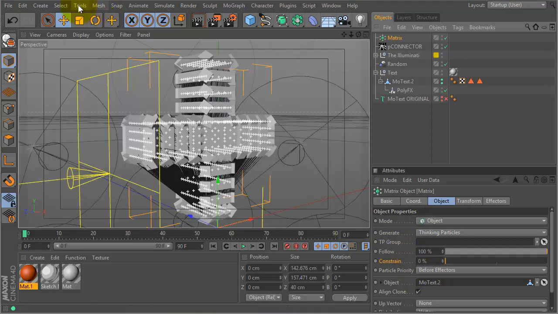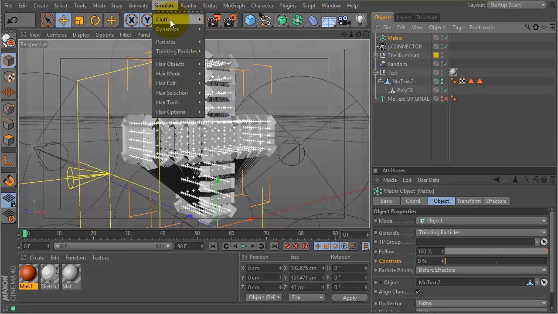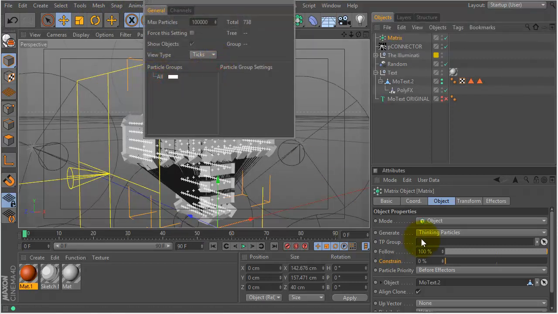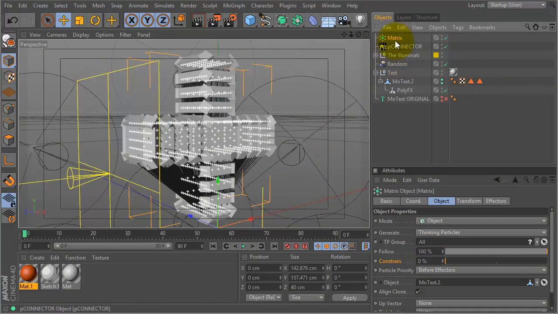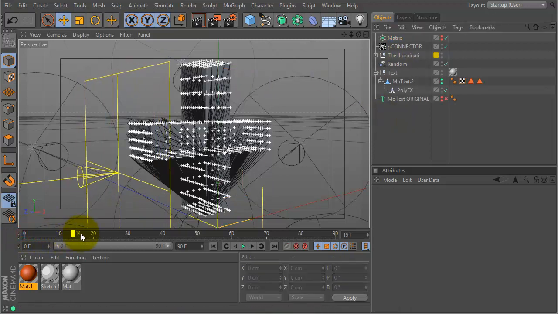So let's go up here to Tools. No. Where are we? Simulate. Thinking Particles. Thinking Particle Settings. All particles. Maybe. Let's try it again. All particles. Okay, and on the matrix, we want to leave it checked because we want it to be active, but we don't want to see it. So I'm going to hold down Alt and double click that to get red, so that they will not render, we will not see them. So now when we go through here,